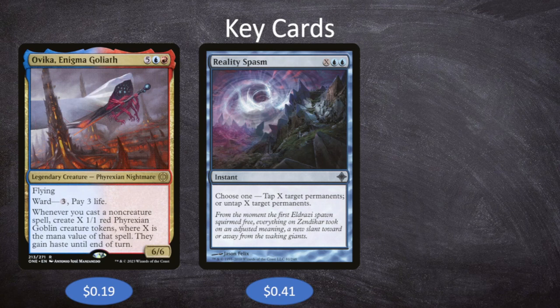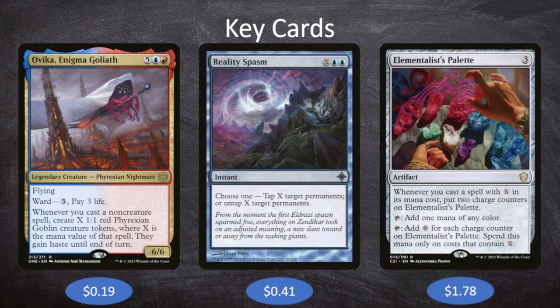And finally, that's going to lead us into our last key card, which is going to be Elementalist's Palette. So again, it's kind of weird that lately I've been putting a decent amount of mana rocks and board wipes into our key cards. I tend not to do that as much as possible because they're just cards that every deck needs. But in this case, I think Elementalist's Palette is a mana rock that really deserves its spot because